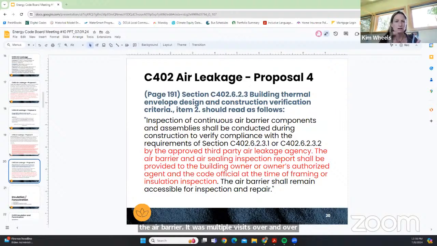So I'm not quite sure what the experience is as far as the timing of when the verification could be provided, but I kind of hear what both Brad and Tim are saying. And yes, for modular, all those inspections have to be done at the construction site where the modulars are being built, prior to them coming on site, unless something is going to be visible on site when it gets there. So a third-party rater has to travel to that location where it's being constructed to do those inspections, if that's helpful.